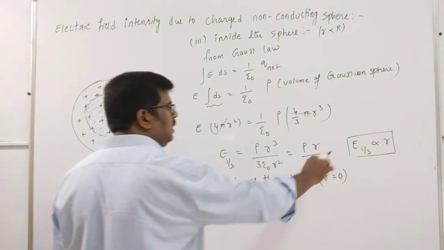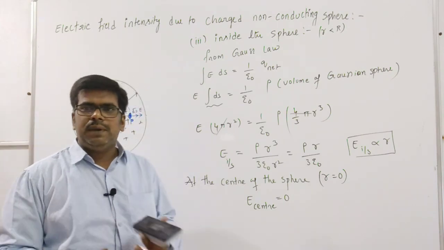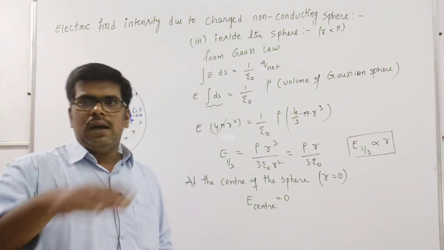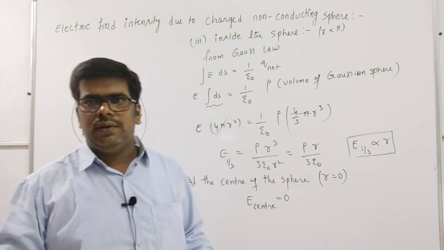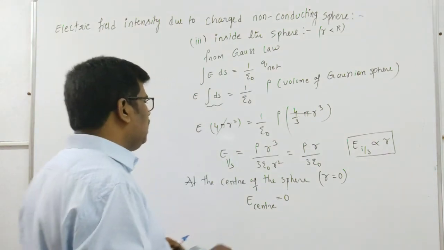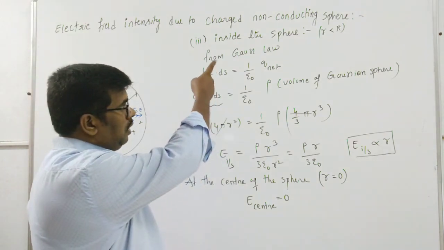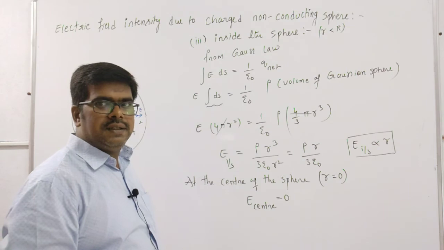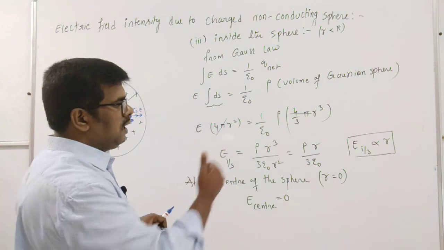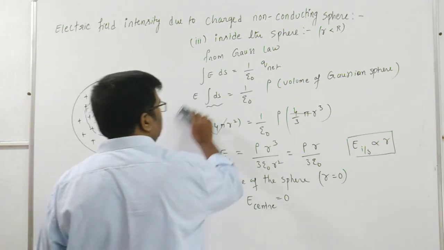So up to the surface it linearly increases, which means it reaches its maximum. Outside of the sphere it is inversely proportional to distance square, which means the nature of the graph is a rectangular hyperbola. So it continuously decreases and reaches 0 at infinite distance. Then we can write the variation of electric field intensity due to a non-conducting sphere with respect to distance. We draw the curve by knowing the expressions already, and see how it varies with respect to the distance like this.